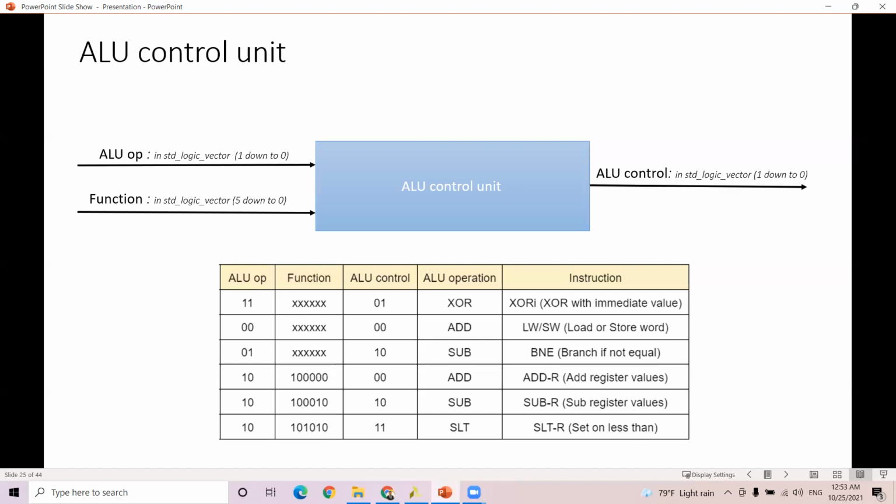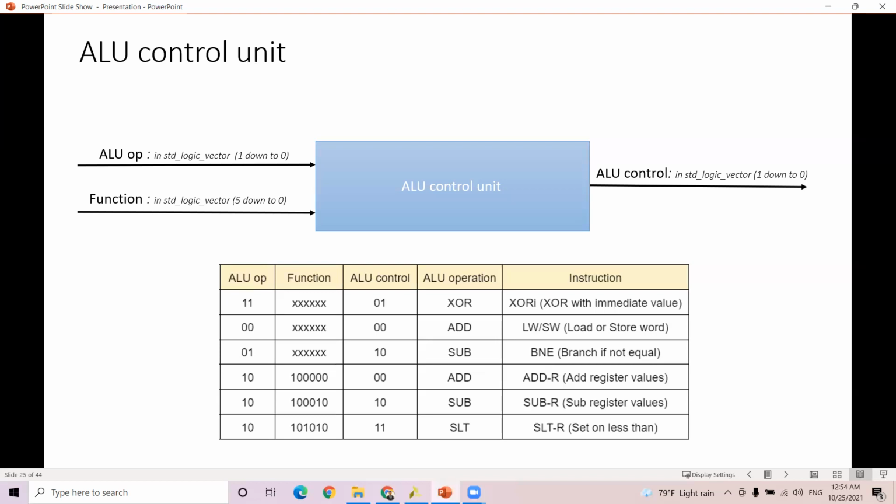That is relevant for the subtraction of two values in registers. Last, when ALU op is 1 0 and the function is 1 0 1 0 1 0, the ALU should perform a set on less than operation,